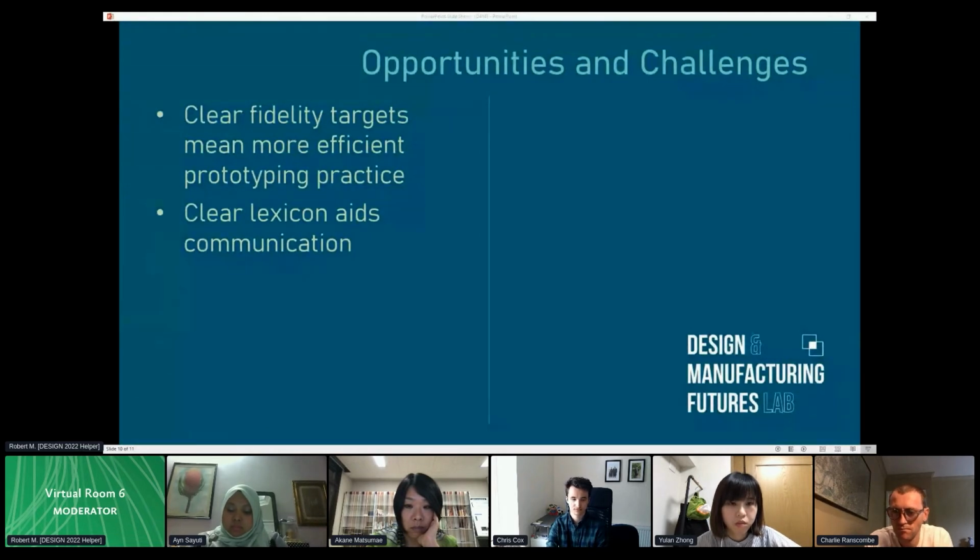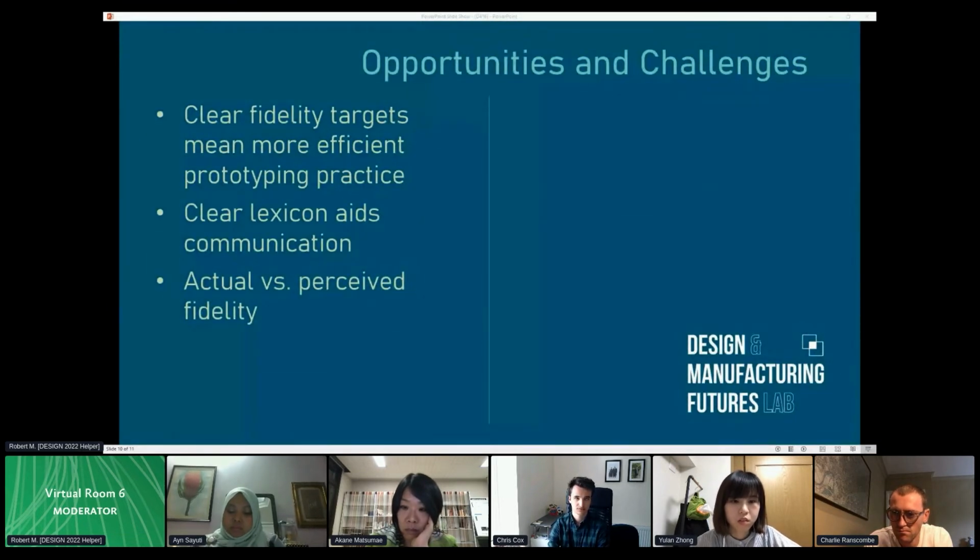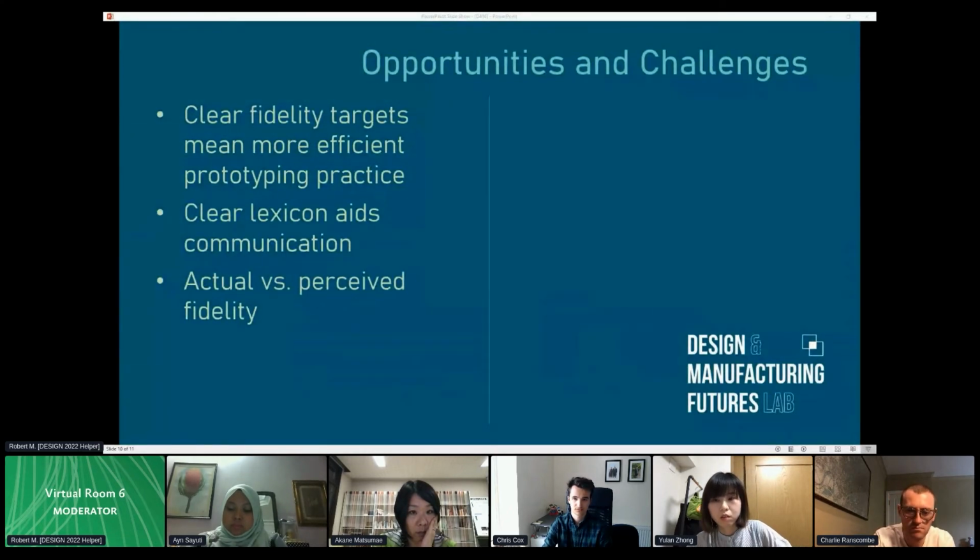Another key opportunity that requires further investigation is the potential to use the virtual domain to influence the user's perception of a prototype. There has already been some work to show that the visual cues of the virtual domain can influence the user's perception of the physical domain. This is still a largely unexplored field, especially within prototyping, but it offers the ability to make instantaneous virtual changes with perceived effects in the physical domain, potentially speeding up design iteration.